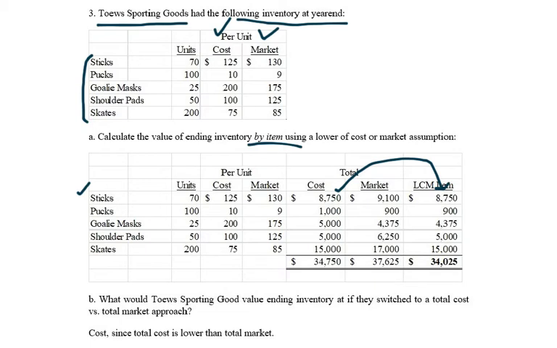We never write inventory up. That's important. Now pucks is 110, 9 is the market, so we'll get cost of 1,000 total, 900 for the market. So this is an instance of something that we would what? We would write down to $900. Now goalie masks 25 to 200 is cost, market's 175. So 5,000 is cost, market would be 43.75. So here's one where we're going to stick to, oops,